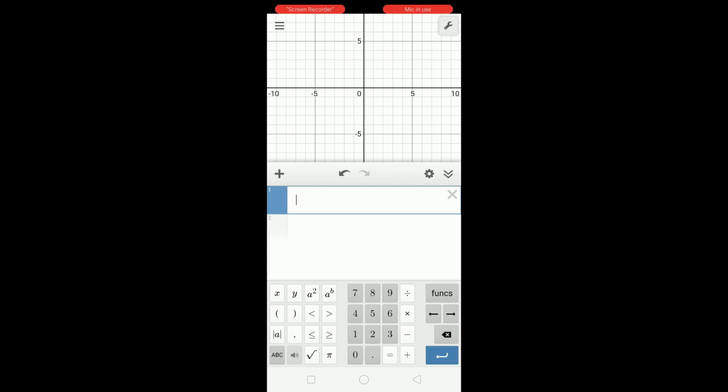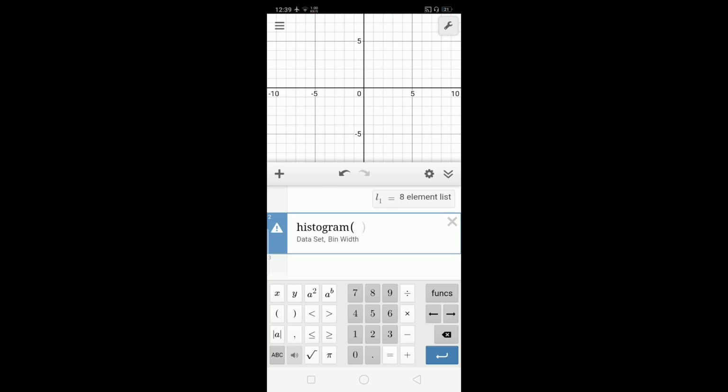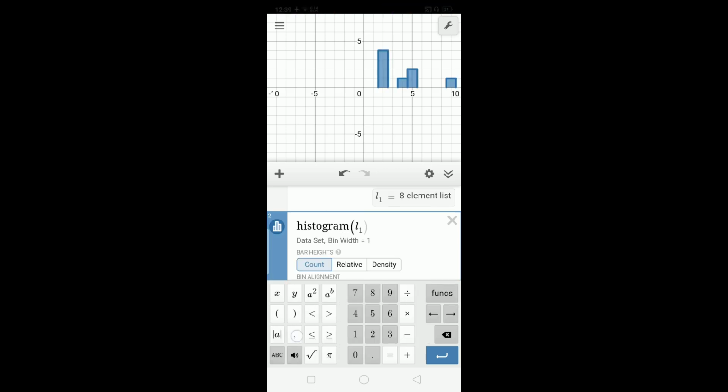To show various visualization functions, I am considering a list now. Then I am going to use the histogram function to generate the histogram of this list. The histogram function accepts 2 inputs. The first one is the dataset and the second one is the width of the bin. In our case the dataset is L1. I am considering a bin size of 1 now. Then we got the histogram for the given list. Now I am changing the bin width from 1 to 2. Then we got the histogram with bin size 2 now.